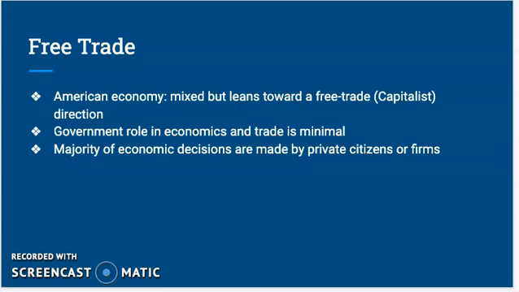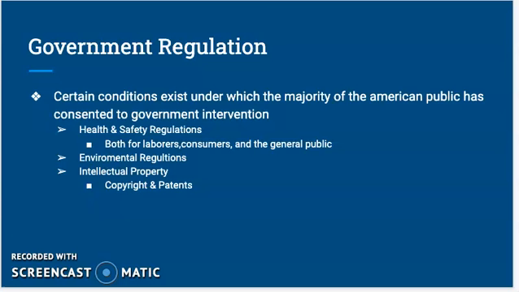We don't do that. We don't even have a very strong economic plan the way that Germany or England would. Most of America's decisions are being made person to person. Nonetheless, there are certain conditions under which the majority of the American public has consented to government intervention. So, for example, health and safety regulations, both for laborers, consumers, and the general public, right? So, labor regulations, right? Rules that state that machines have to have a certain amount of covering on them,